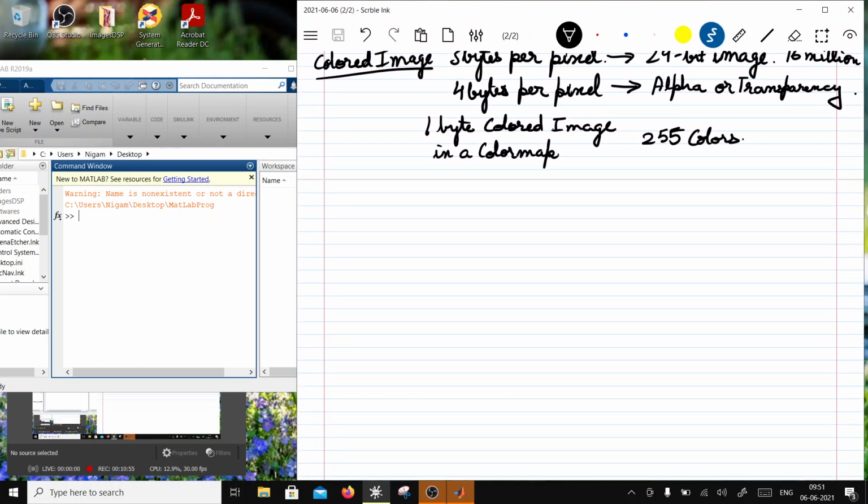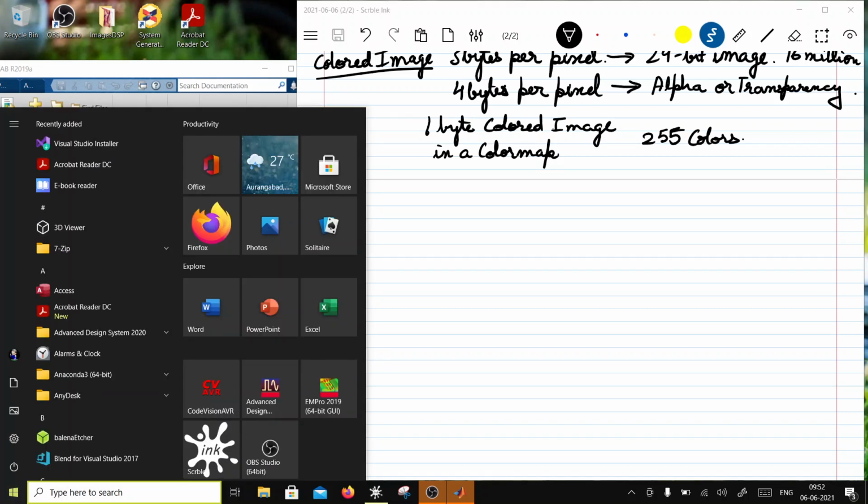Now for our purposes, I'm going to start with a very simple grayscale image, or a colored image which is going to be 24-bit. We have already seen, or we can see it over here again, what the header for the BMP is like.